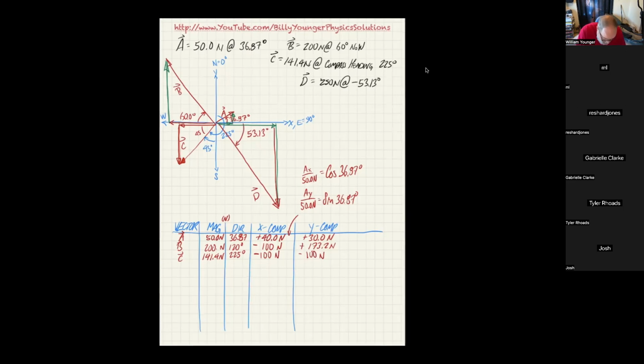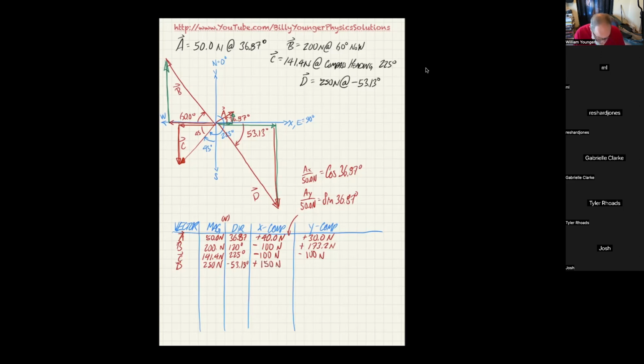Now I'm finally going to do D. Now D has a magnitude 250 newtons. Now that one's technically at negative 53.13 degrees. So that's kind of nice. I can just write it in the way it is. The x component is in fact positive. So I'm going to put a positive here. And I have to get it by multiplying 250 times the cosine of 53.13. And that gives me, in fact, 150